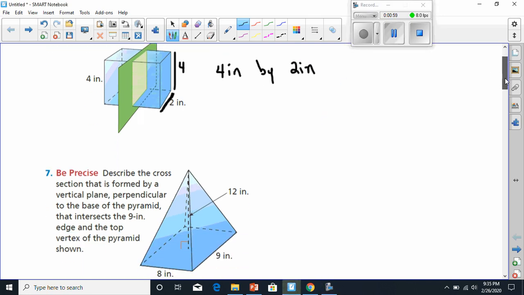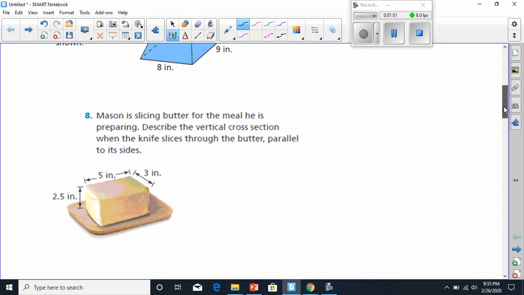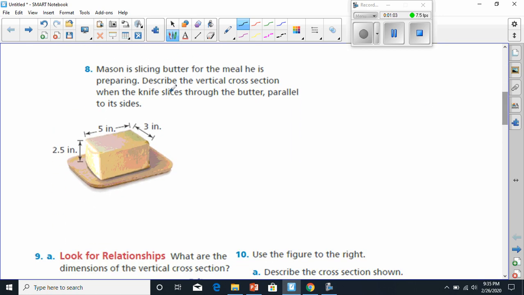All right, I'm going to scroll down here past 7. That one's yours. I got number 8. It says Mason is slicing butter for the meal he is preparing. Describe the vertical cross section when the knife slices through the butter parallel to its sides. Well, it says it's parallel to its sides. So that means it's either going to be cut this way,